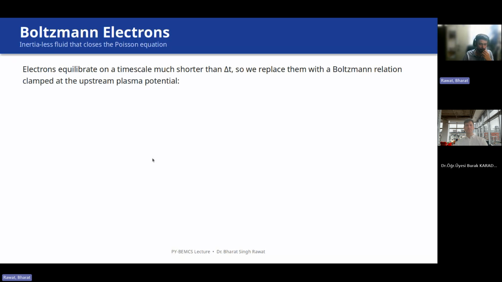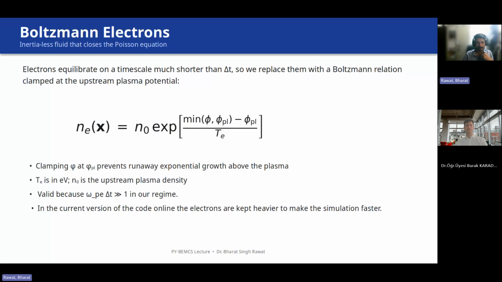For my current demonstration, I've used heavier electrons. It means that the mass of electrons I have kept around the mass of xenon divided by 1000, which is very heavy, which seems impractical at this point. But my goal is mainly to see the visualization of how electrons compensate the space charge. And of course, if you want to be very realistic, you can run it on a cluster. But for my PC, which is not very high end, I just made it heavier so that the simulation runs faster, but still preserves the space charge physics to see it in less time.